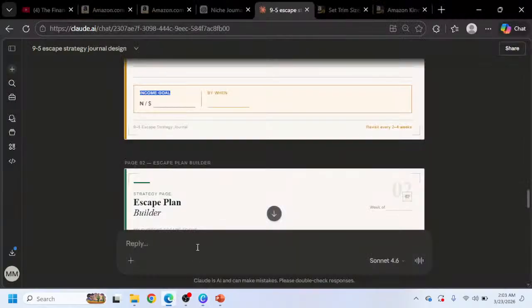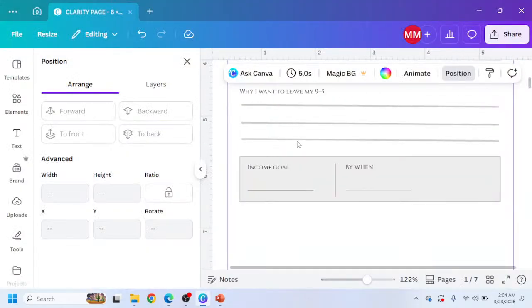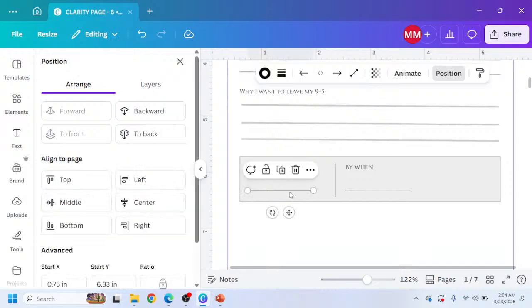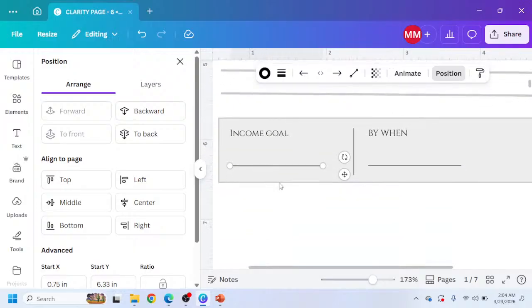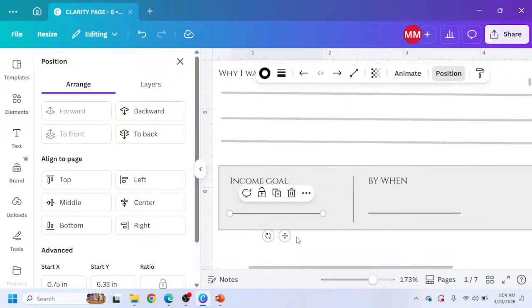When we go back, we could also have a line under it and just write 9 to 5 escape strategy journal. So I'm going to go add a line under it. Again, I think, let's see what this can do. If I copy this and I paste it here,